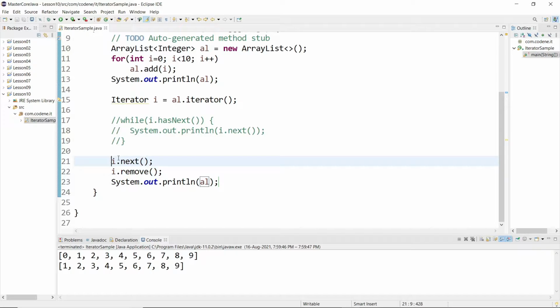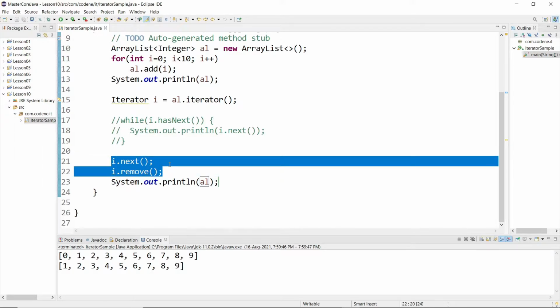So here it was at the initial position, let's say -1, then when I called the next method, it moved to the 0th index, and when I called remove, it removed the element present at the 0th index. Like that we can remove elements using the iterator as well. Using array list also we can remove, and using the iterator also we can remove.